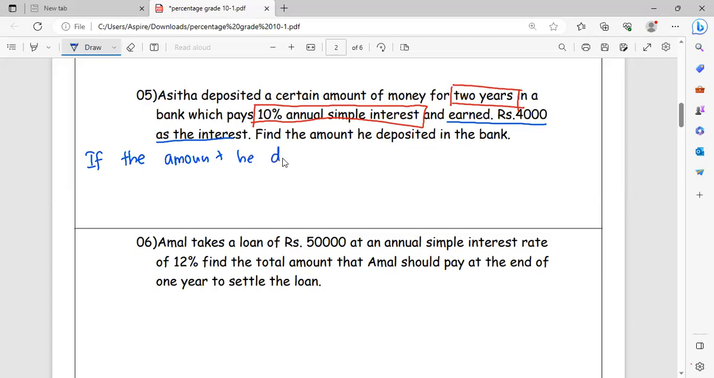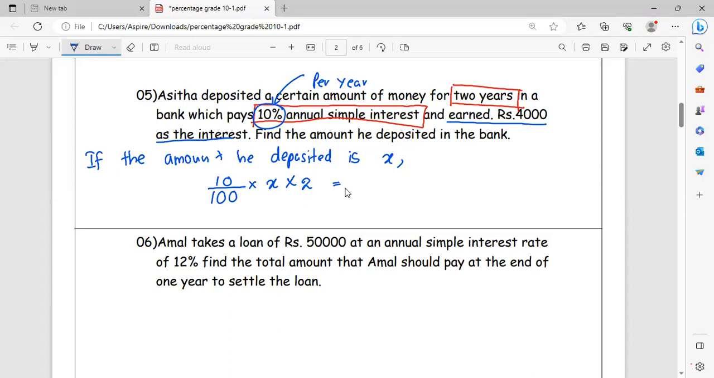he deposited is X rupees. It is an unknown term. I will consider it as unknown term. Then 10%, that means if he deposits 100 rupees, he can obtain 10 rupees as the interest at the end of the year. A simple interest rate is given for per year. Okay? So if he deposited X rupees, the amount he gets for the 2